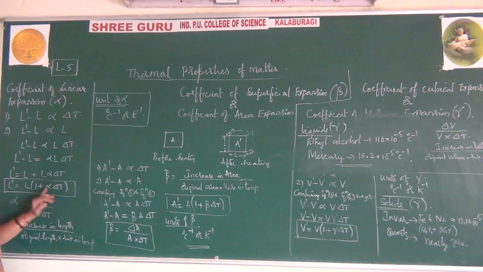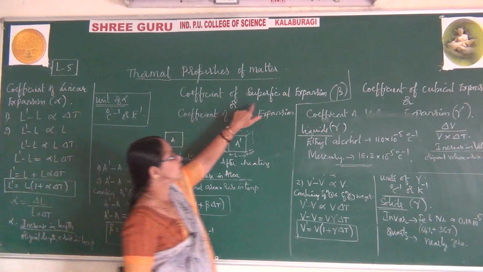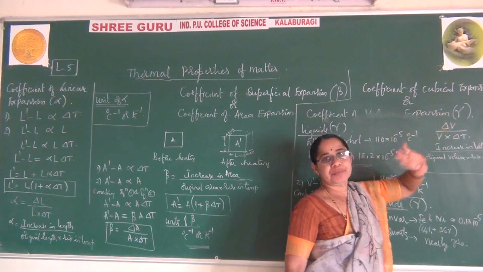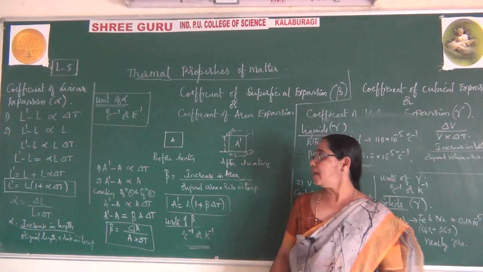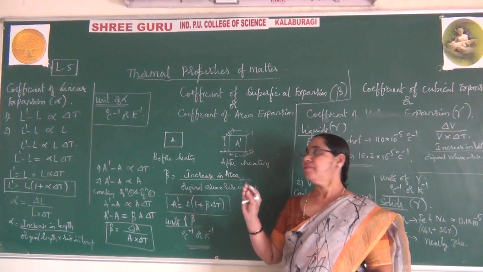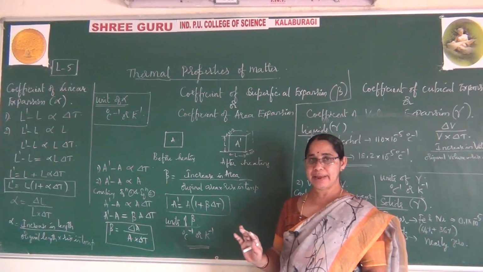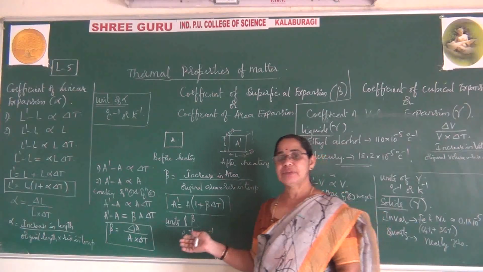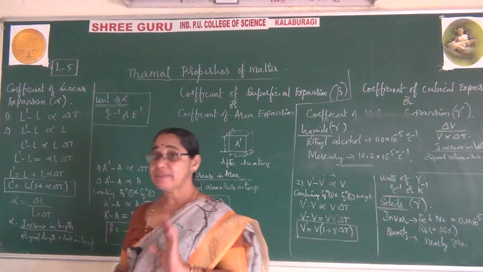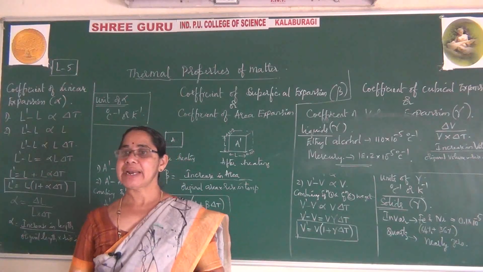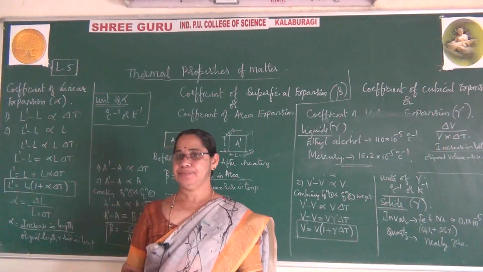Here we take the coefficient of linear expansion as alpha, coefficient of superficial expansion as beta, and coefficient of cubical expansion as gamma. So hope you understood all the 3, particularly linear, superficial and cubical. Very easily you can understand and explain, and how the explanation has to be given I have shown you. So please observe the things carefully and make it very easy. There is no difficulty, it is very simple. Only slight changes are to be done while reading the things.